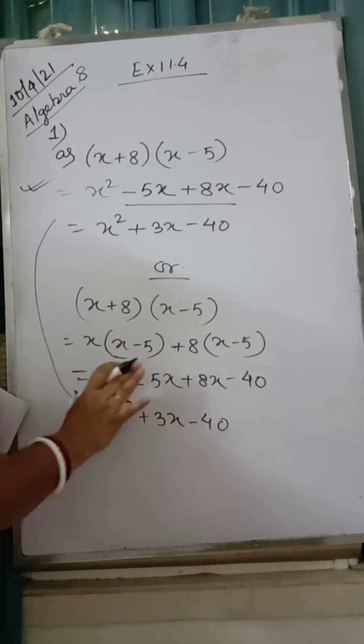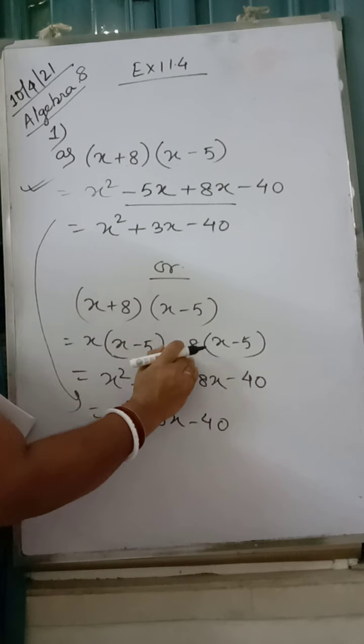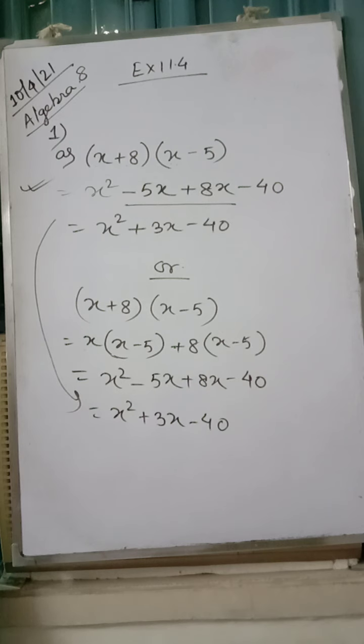Monomial to binomial. Here it was binomial to binomial. That is written as one term to two terms, one term to two terms. Then finally multiplied. It is up to you. There is no confusion, there is no problem if you expand and write. And if you are okay with the first one, you go. Actually, you have to follow the first one. Every time you cannot use this. If you go to higher classes, you have to use the first one. Every time we are not going to show this one. But okay, in the initial stage, you can practice. Further, it will be okay.